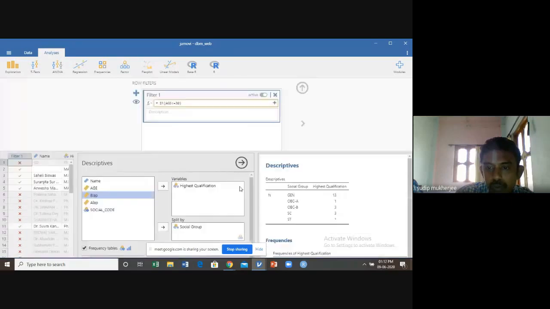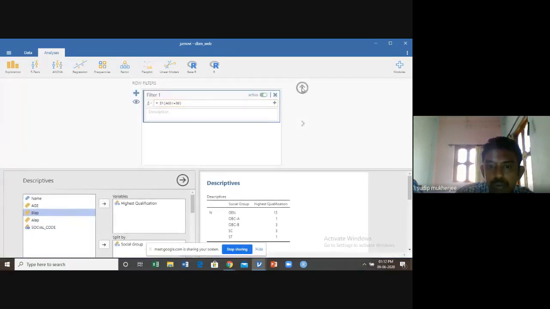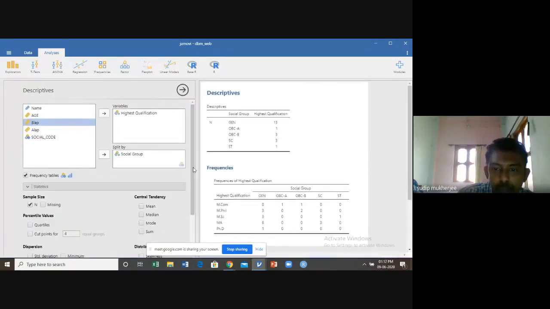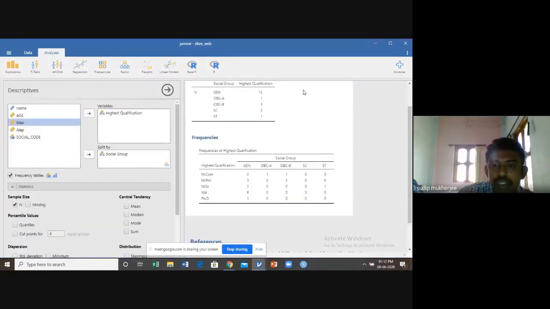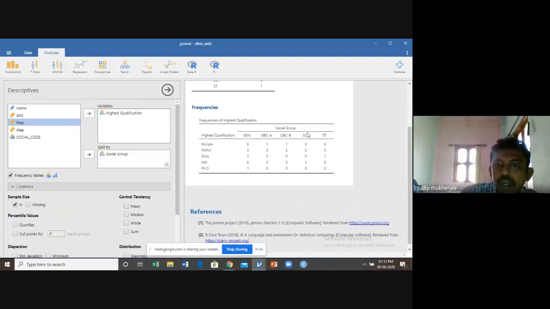The variable enters in the split by group box. So automatically you just see this is the decomposition of highest qualification with respect to different social groups.